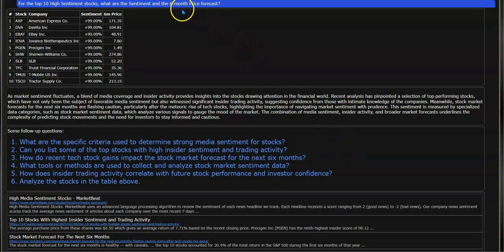So for the prompt right here, here's your answer. These are the top 10 stocks. You can see their sentiment is very, very high, and this is with the 6-month price forecast. Again, this is using specifically AI machine learning data from Zenova. And you can see right here, it follows up with a summary, and this is using ChatGPT 4 Turbo